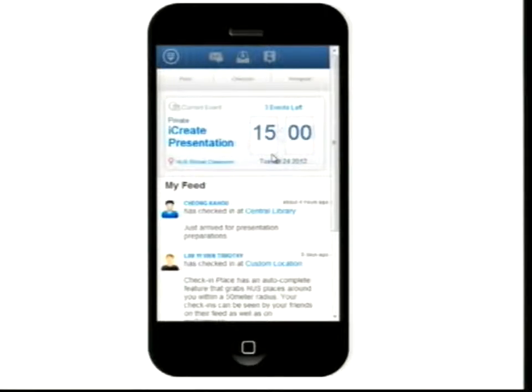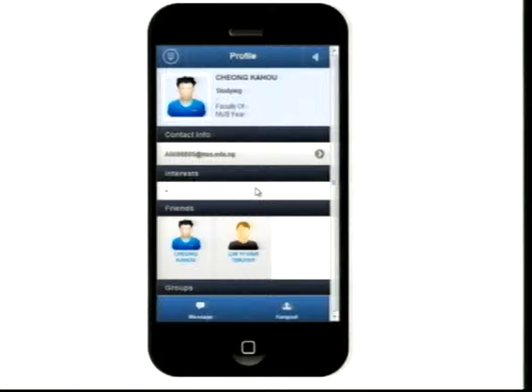Okay, so from here I can get to the scheduler, and I can get to the location, the maps, and I can click on somebody's name to get to my networks as well. To see his profile, you click on this. Yes. And let's have a look at the profile. Okay, very nice.